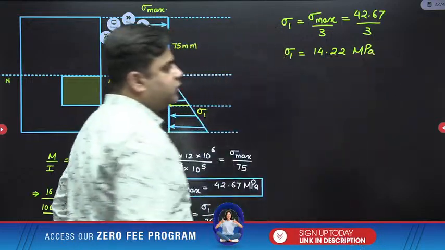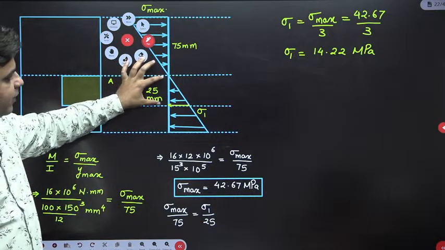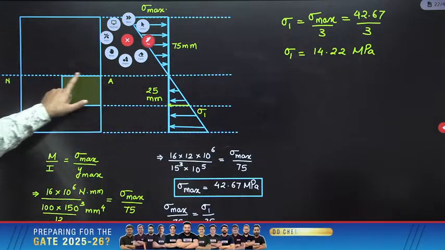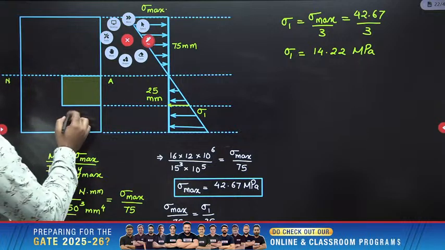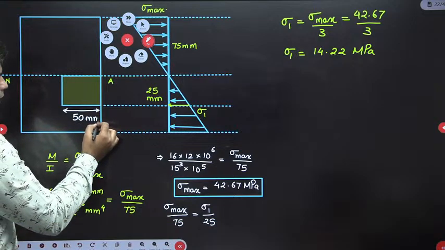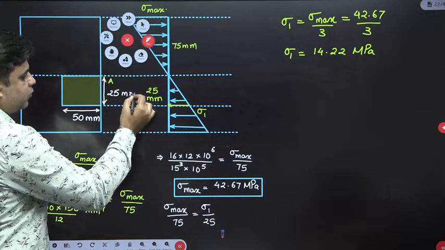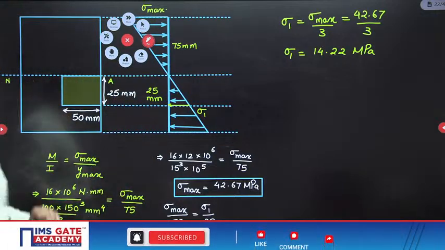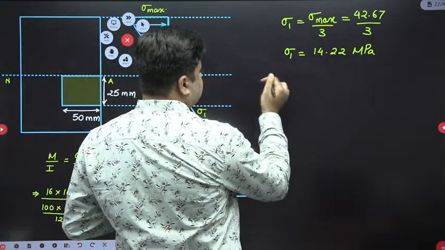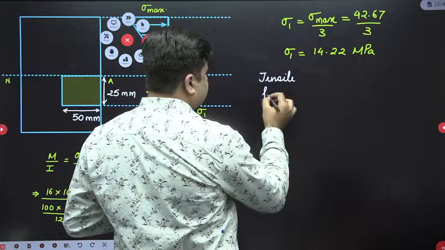Okay. Now once you got the value of sigma 1, what you need to do is, over this portion, the average stress is 0 plus sigma 1 by 2, and this average stress needs to be multiplied by this hashed area. So this is 50 mm, and this one is 25 mm. This is 50, this is 25, right? So the tensile force acting over the hashed area is,